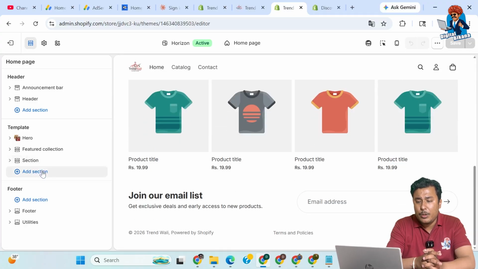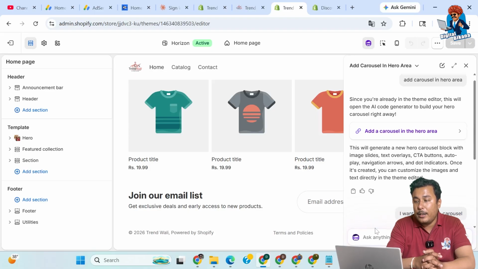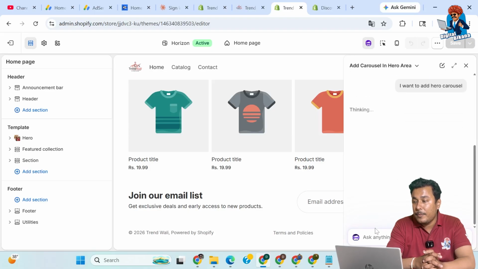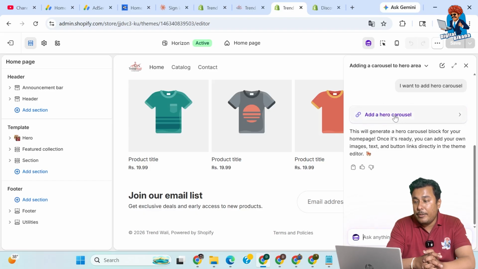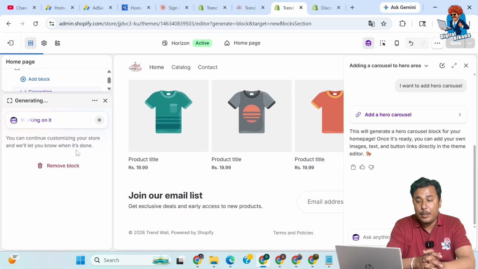I want to add a section over here, right? So let's click on add section in the left side toolbar. Or you can use the setup guide as well. Here we can simply use the setup guide by clicking on this option, and you can type whatever you want, right? Shopify is super easy. So here I'm just typing I want to add a hero carousel. Okay, so it is giving me the option. I've clicked over here, and then you can simply submit it, and it will automatically create a hero carousel